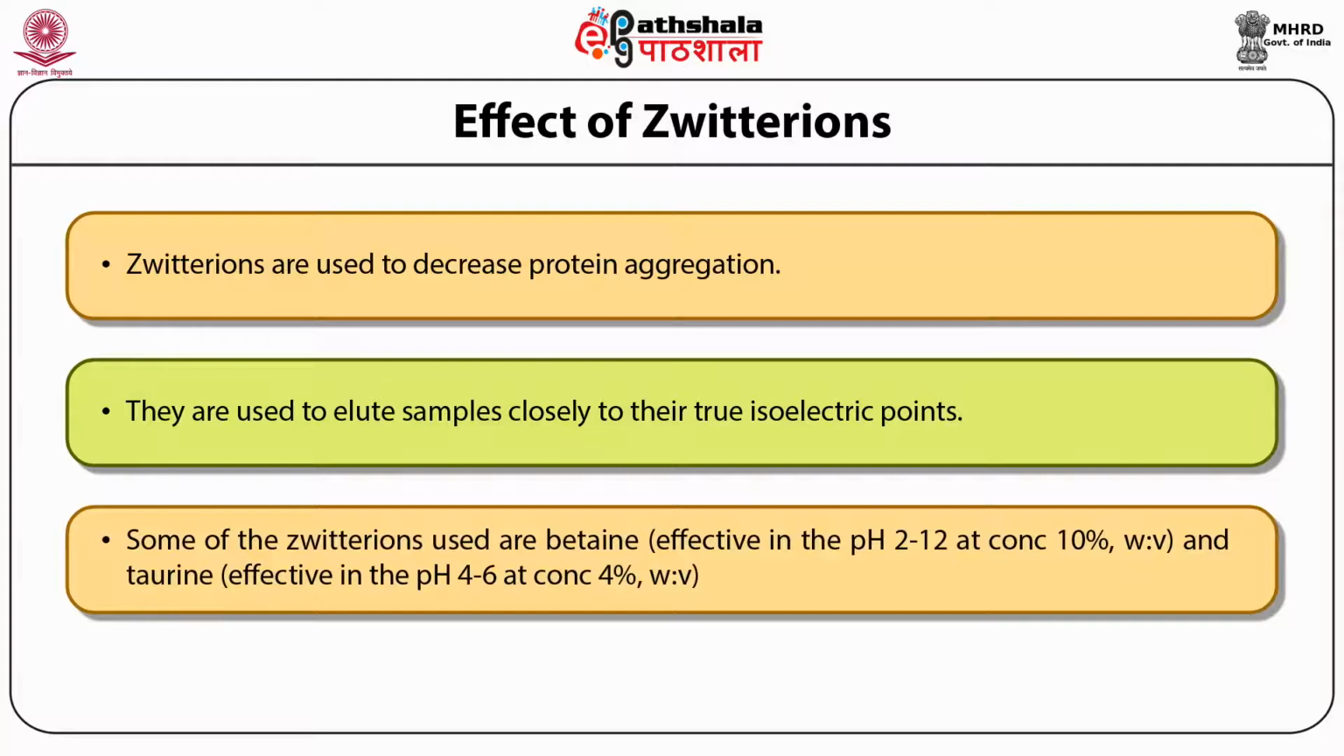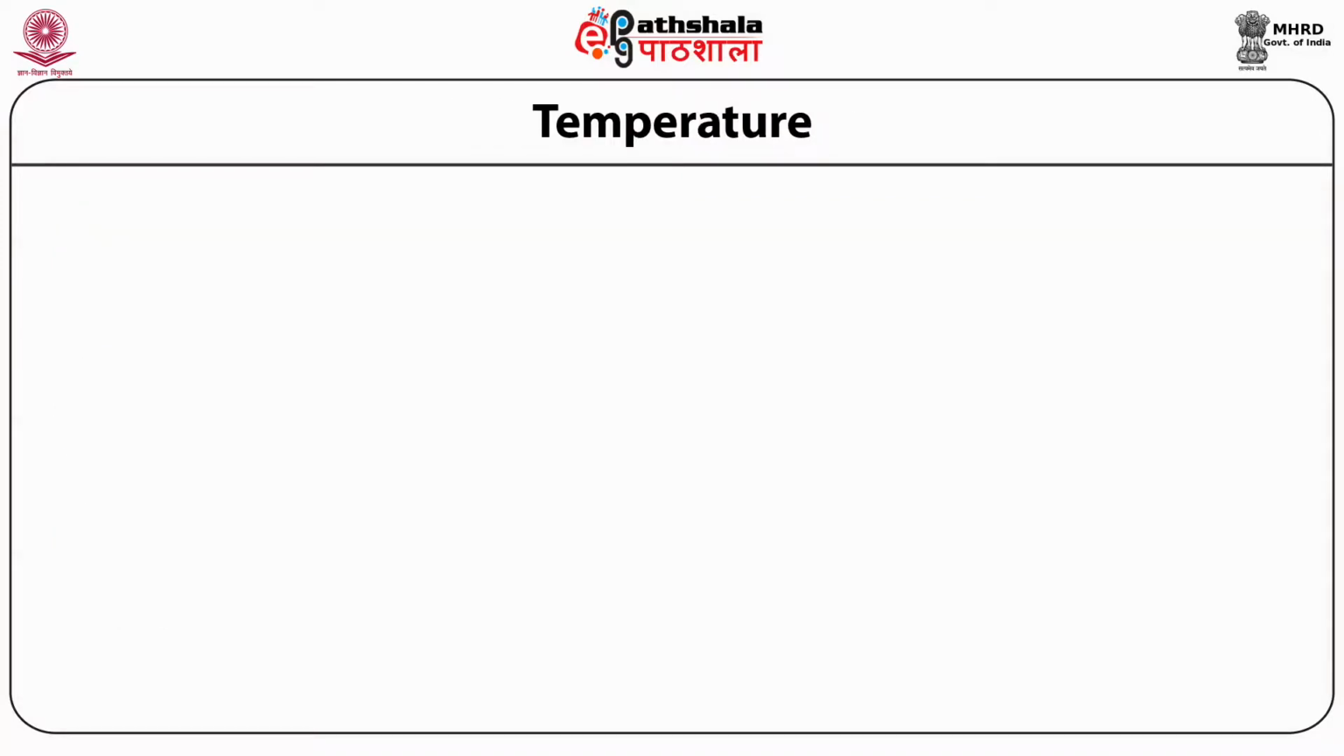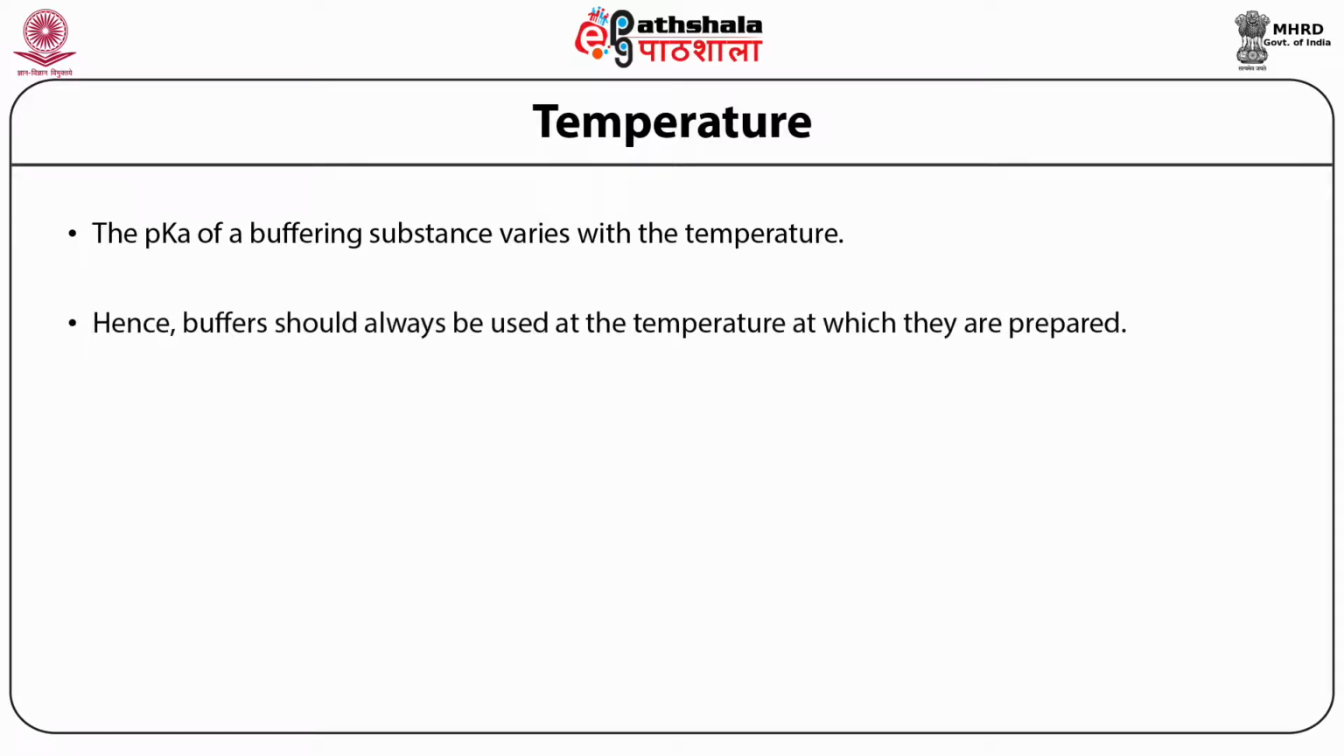to the buffers. The role of temperature is a very important factor to consider when carrying out ion exchange chromatography. The pKa of a buffering substance varies greatly with temperature. Hence, when buffers are used in ion exchange chromatography, they should always be used at the temperature at which they are prepared. For example, the buffering capacity of the commonly used buffer Tris, that is tris hydroxymethyl aminomethane, fluctuates greatly